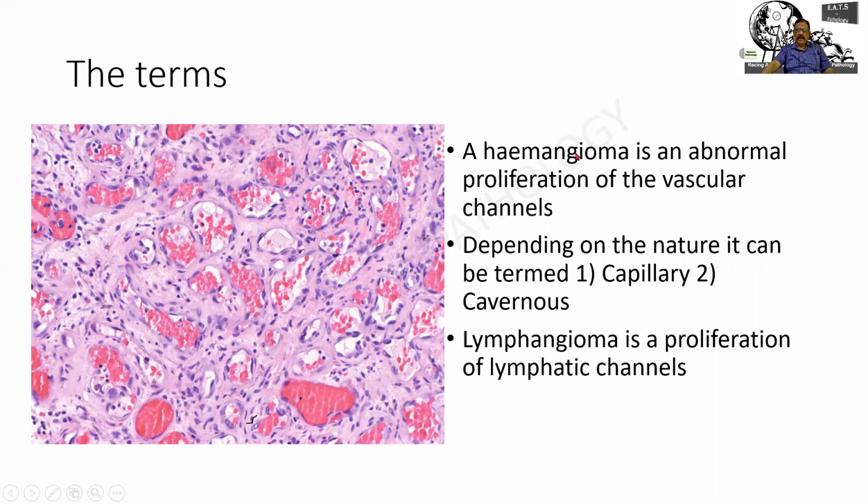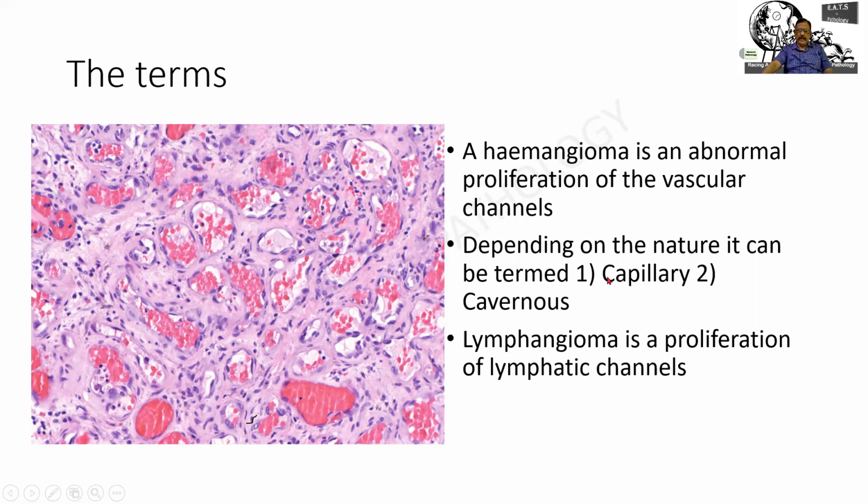And in this, a hemangioma is an abnormal proliferation of the vascular channels. How do you identify a vascular channel? I find mainly by means of, are you able to find some dark cells over here? They are the endothelial cells. And they will be filled with RBCs, but that alone should not be the diagnosis. We must not be reporting on that alone. Secondly, you find whether there is any amount of media or muscle that is there.